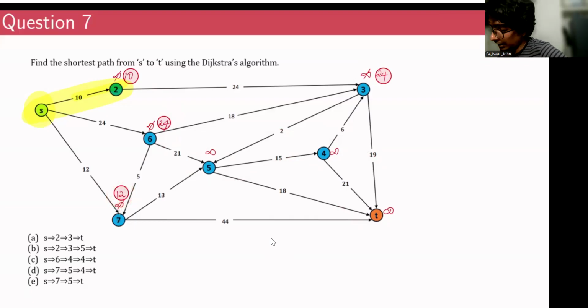So we'll explore all the neighbors of node 7, which is node 6, node 5, and node T, right? So node 7 to node 6 is 12 plus 5 units, which is 17. That is less than 24. So we'll replace this 24 with 17,